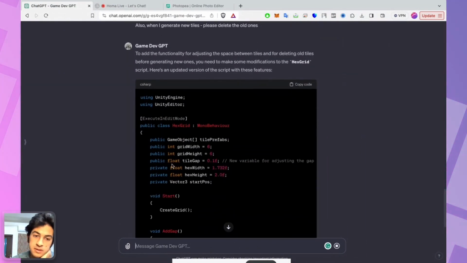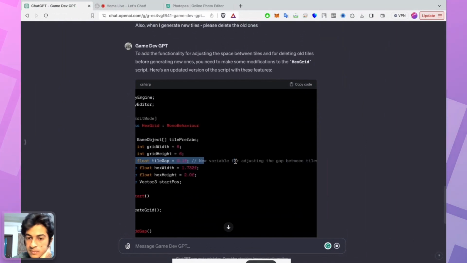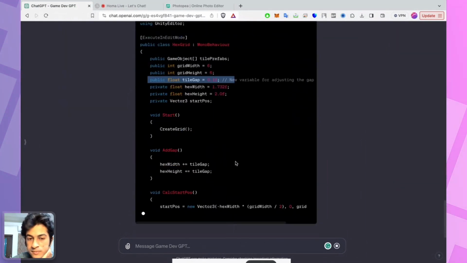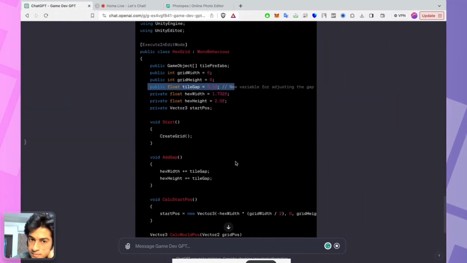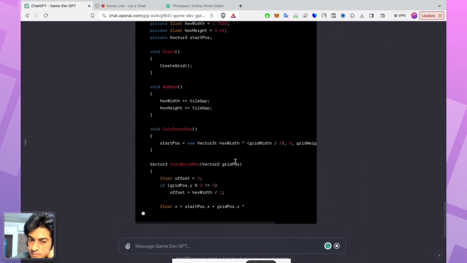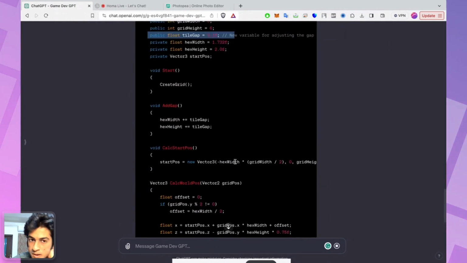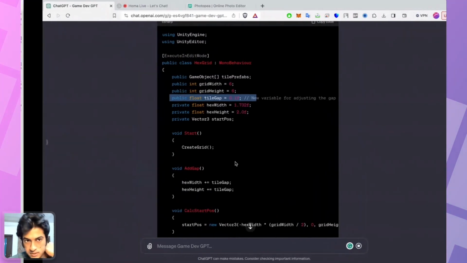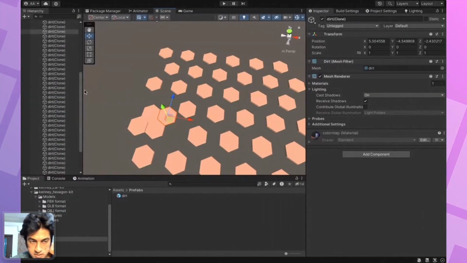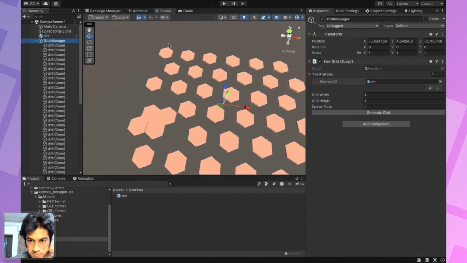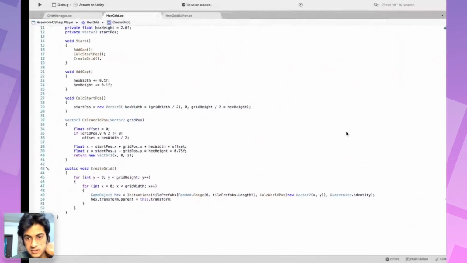Okay, so now it is setting up a new variable. What would actually be great is if, instead of entering the values manually, we can slide them over like a slider input. I'm not sure if that is possible, but let's try it out.